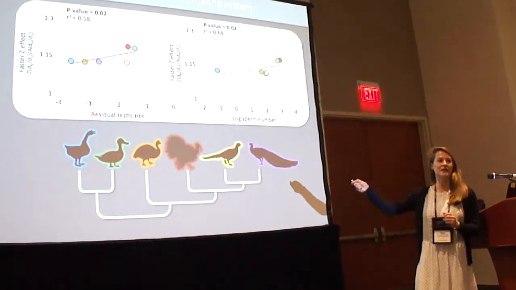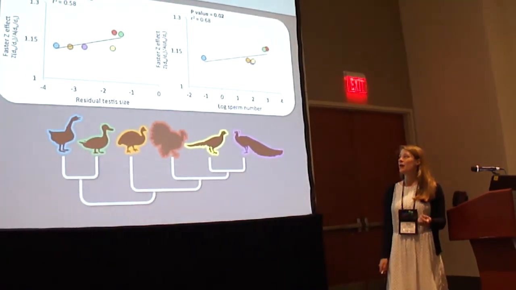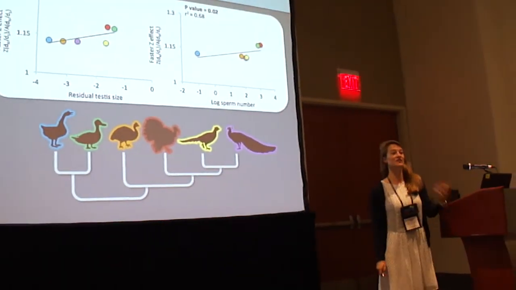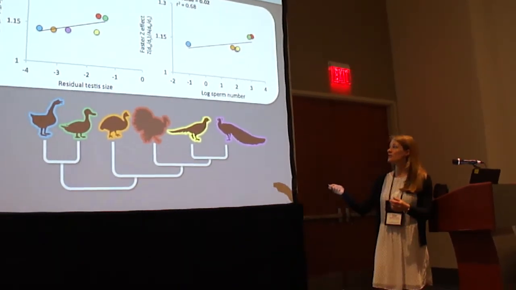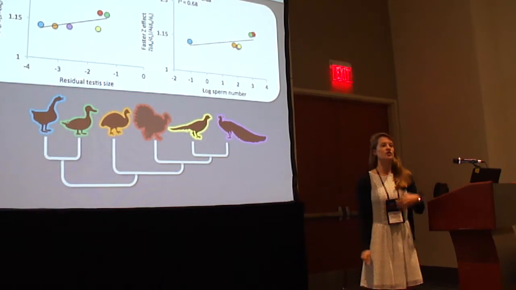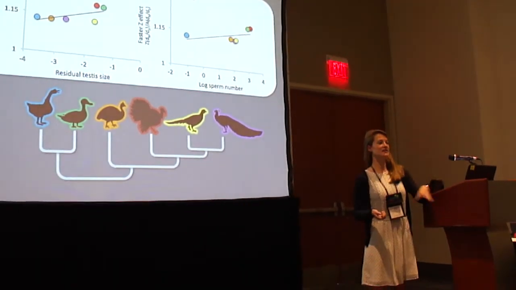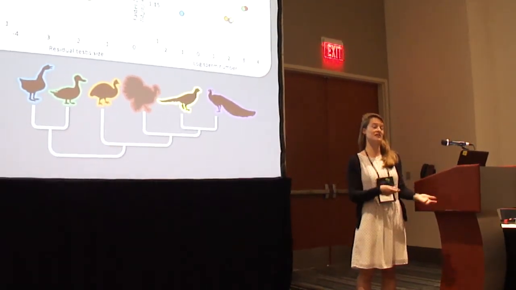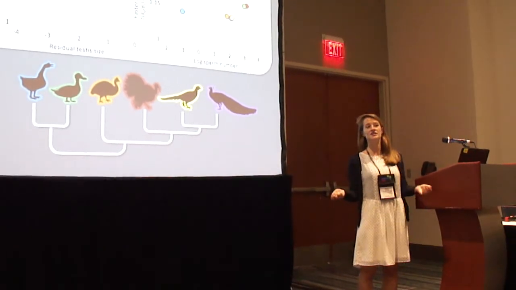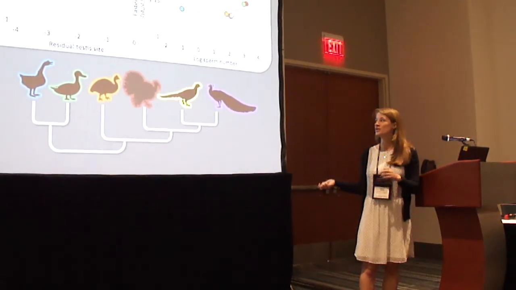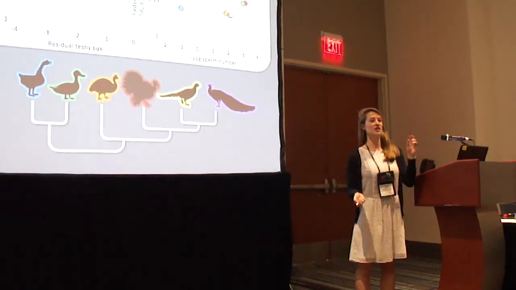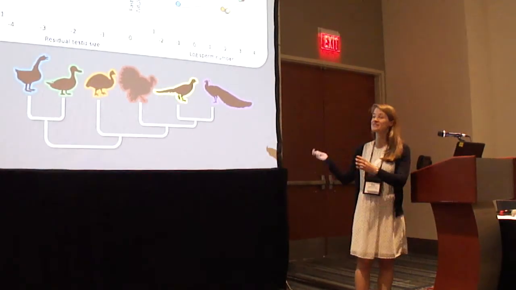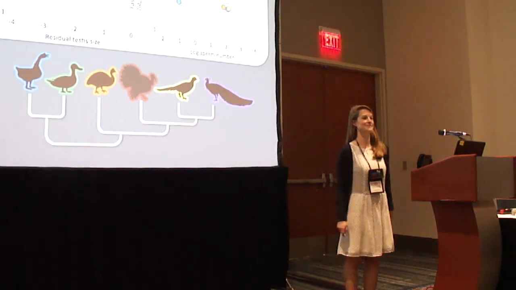Not that I can see immediately, but I do agree that potentially these 2 measures might not accurately reflect effective population size 100%. For example, with the peacock here, you might expect that because males are dominating mating, there is also a very skewed variance in male reproductive success, and so a different effective population size of the Z relative to the autosomes. So one of the things that I also want to do is calculate the effective population size of the Z with polymorphism data, and use that as another measure to test this relationship. But yeah.